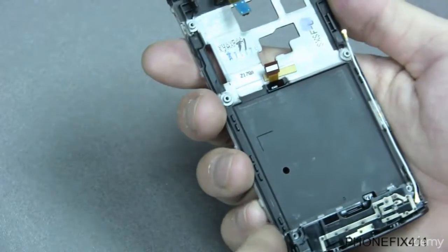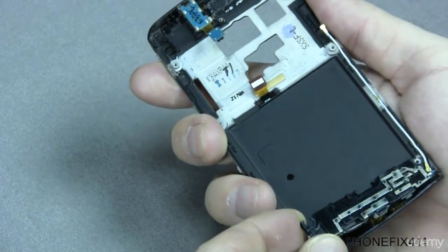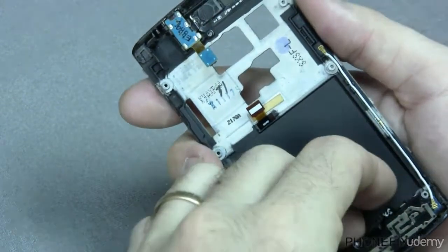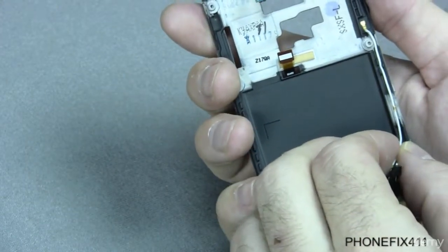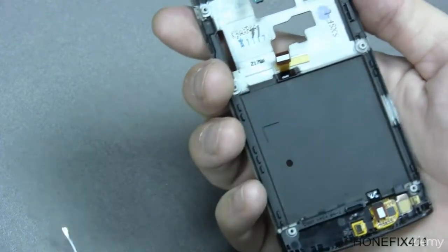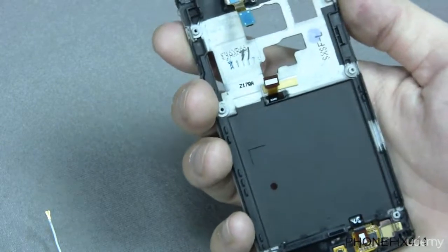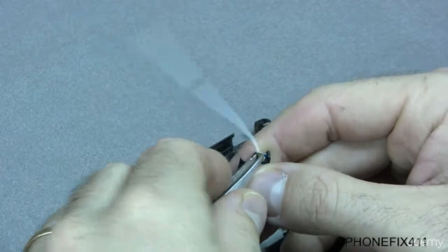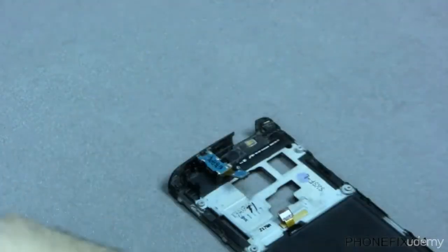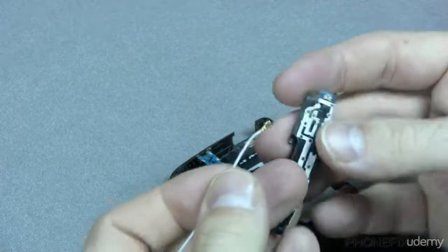So we'll go back to the main shot, and you kind of work it. It does not take much at all to get it up, and then just slowly pull the antenna cable out of this guide that runs down the side of the housing, and we'll unplug the old antenna cable, plug in the new antenna,